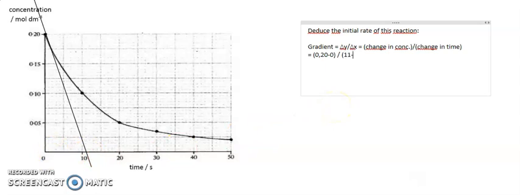And at this time, OneNote calculates automatically. So minus 0 will always just be the same as this number. So 0.2 divided by 11, and we end up at